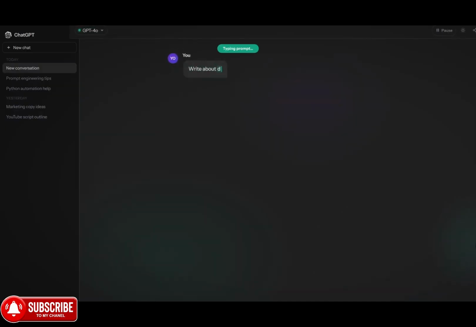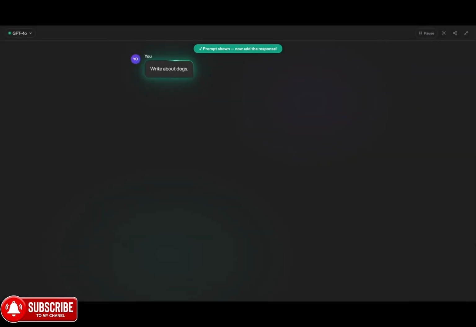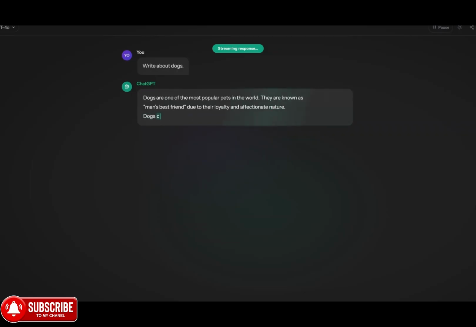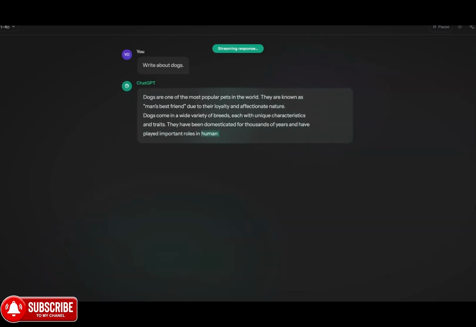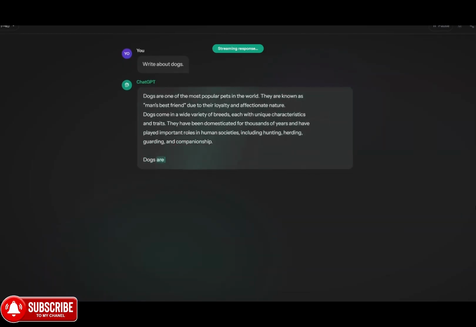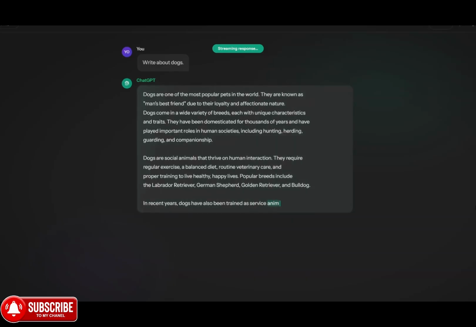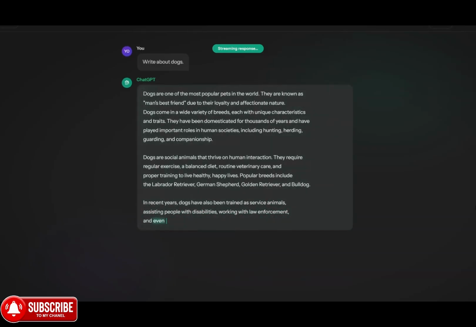Let's type "write about dogs" and just hit enter and wait for the response of the AI. And here is the response. You can see what it has written. Dogs are one of the most popular pets in the world. They are known as man's best friend due to their loyalty and affectionate nature. Dogs come in a wide variety of breeds, each with unique characteristics and traits. They have been domesticated for thousands of years and have played an important role